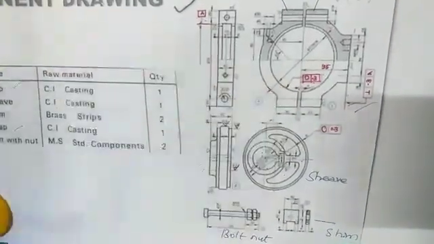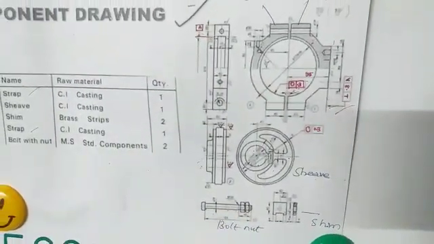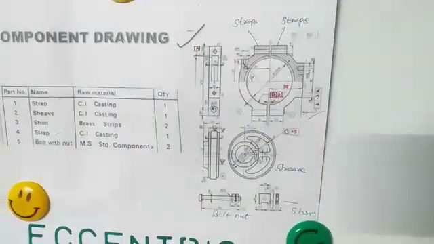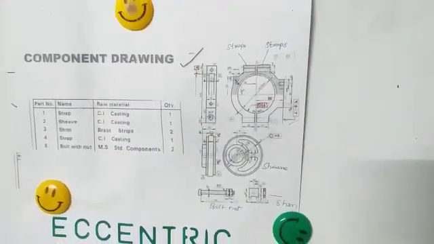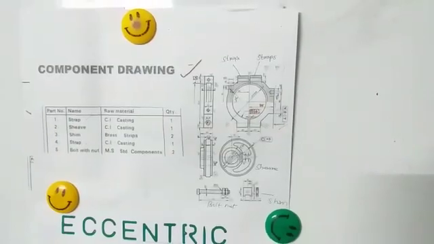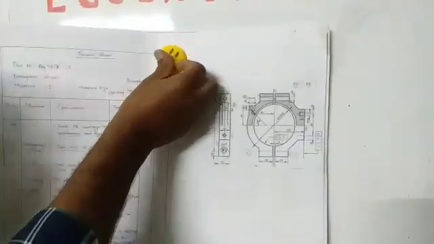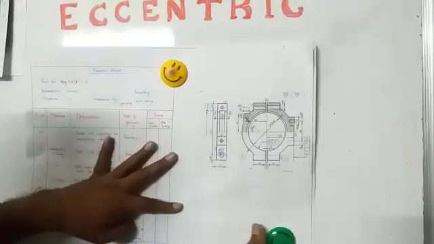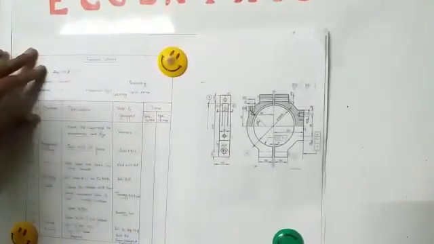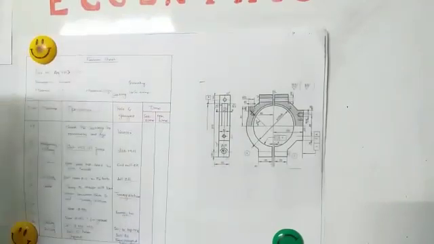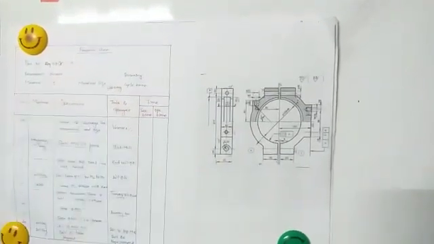That is the eccentric. Now the last question is the process sheet. As you know, what is a process sheet? The process sheet is a step-by-step set of procedures to be followed. What processes are followed, what tools, what machines, what operations are carried out, and in what time. This is called the process sheet. The process sheet looks like this format.